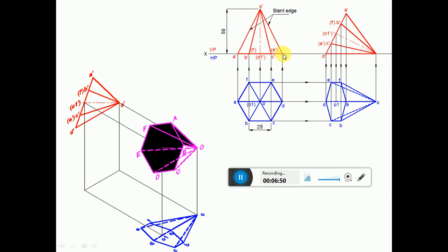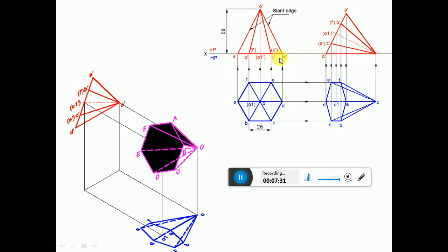So you measure the length by using the compass. You measure the length from D dash to O dash and consider any point and mark that point as D dash, and cut an arc on the XY line to get this point O dash. That O dash is not shown here, but it should be O dash here. Then you measure the length from D dash to A dash. From D dash, draw an arc. Similarly, from O dash to A dash, you measure the length. From this O dash, cut an arc on the previously drawn arc to mark this point A dash. Then join A dash to D dash to O dash, and O dash to D dash, O dash to A dash with a dark line.